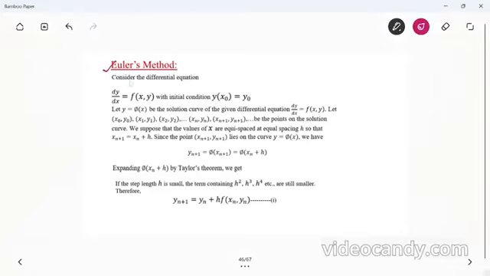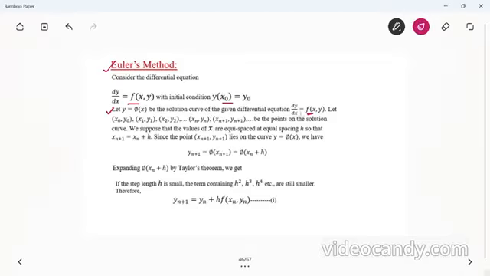Next, Euler's method. So consider the differential equation dy/dx equals f(x,y) with initial condition y(x0) equals y0. Let y equals phi(x) be the solution curve of the given differential equation dy/dx equals f(x,y). So we have to remember this: dy/dx equals f(x,y) with initial condition y(x0) equals y0. Let (x0,y0), (x1,y1), (x2,y2), (xn,yn), (xn+1,yn+1) be the points